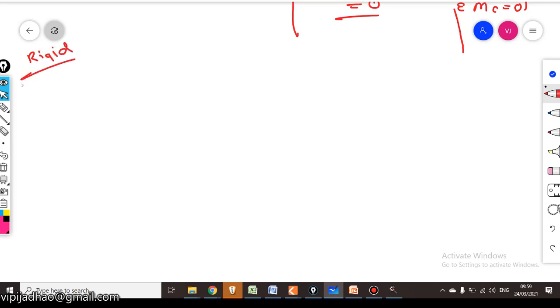A rigid joint is a joint which does not undergo any type of deformation. If two members are meeting at this particular rigid joint, then even after loading, if the deformed shape is like this, this particular angle does not change, it will remain. If previously it is 90 degrees, then this angle will be 90 degrees only. This angle will be constant even after deformation. This type of joint is called a rigid joint.